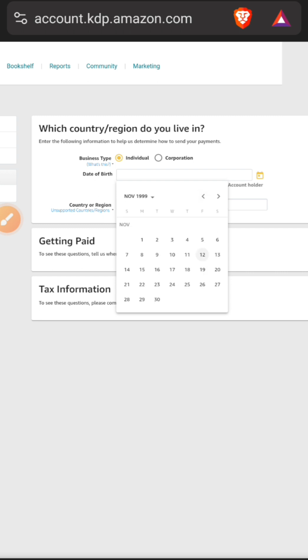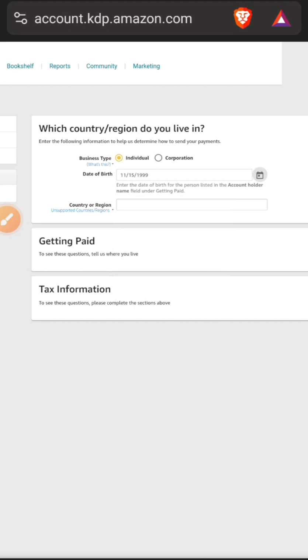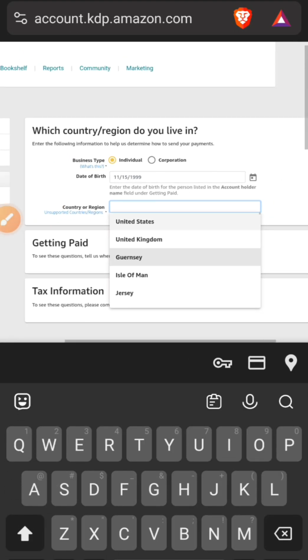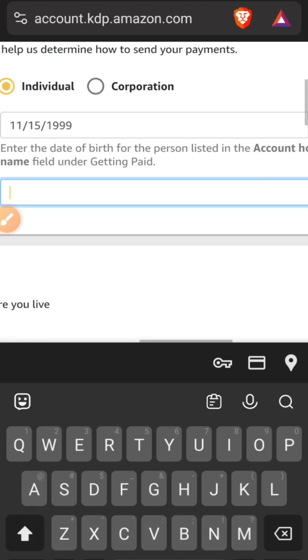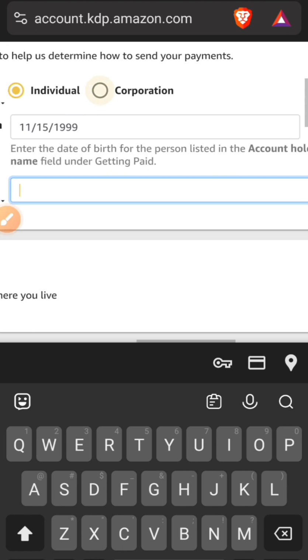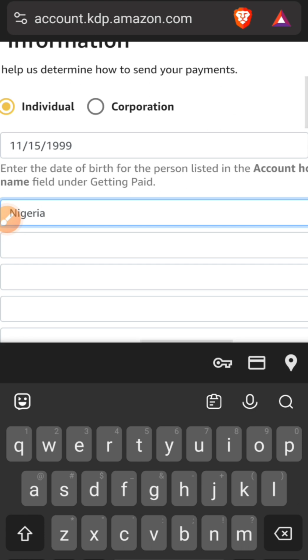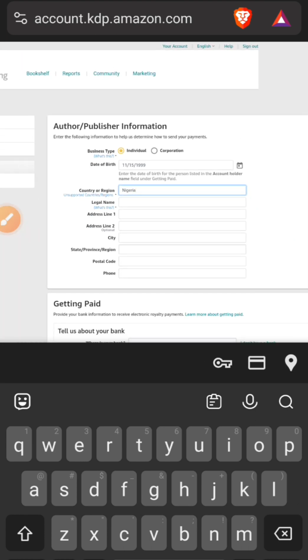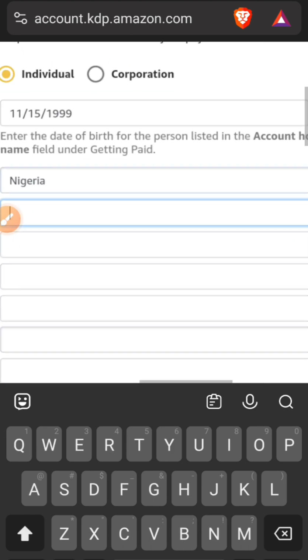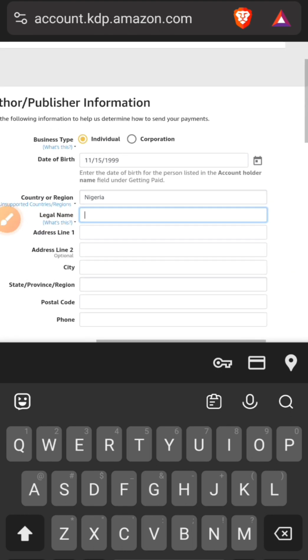I can't really remember precisely. Okay, so the next thing is country or region: Nigeria. If you're in other countries, please add it there. Legal name: the name of the person we use is